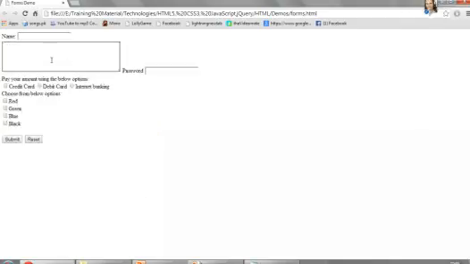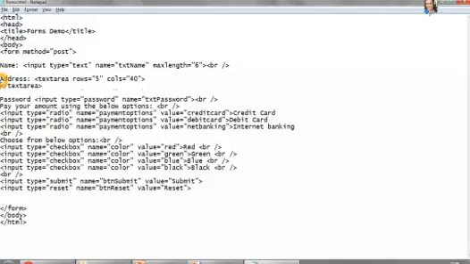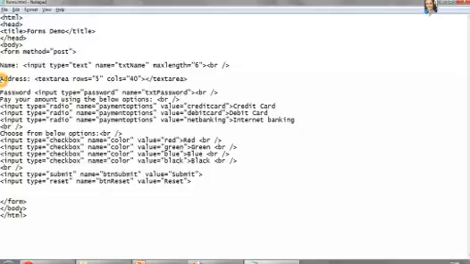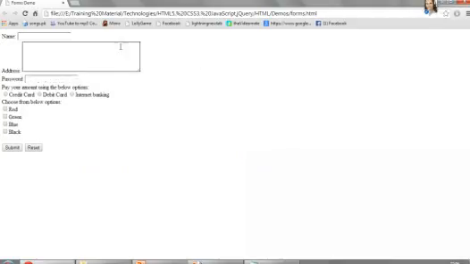So now you have one text box that is looking a little clumsy over here, because I should write address over here and then put a line break over here to make it look good. So now if you refresh it, you have the address over here and the password.